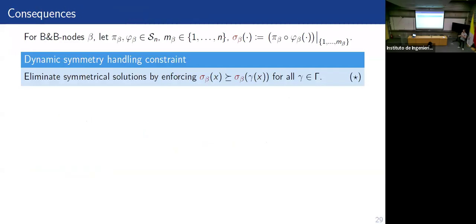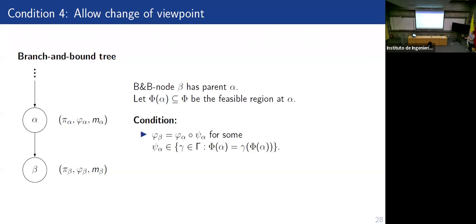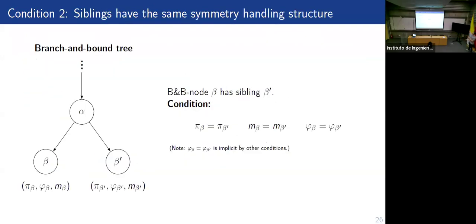So go back to condition 2. Condition 2, yes. Siblings have the same. What was the sibling? If we have a branch and bound, then at this node we choose a variable, or actually we don't assume variable branching. We split this feasible region in 2 parts. And beta and beta prime are called siblings. They are at the same level of the branch and bound, and they are similar. Okay, and then you must choose them in the system. So actually, the decision that you make before walking out of alpha, you have to make at that point, not when this node is being used.